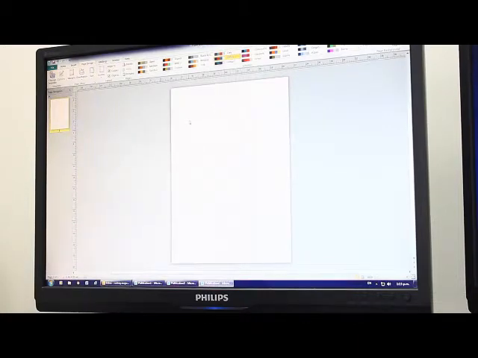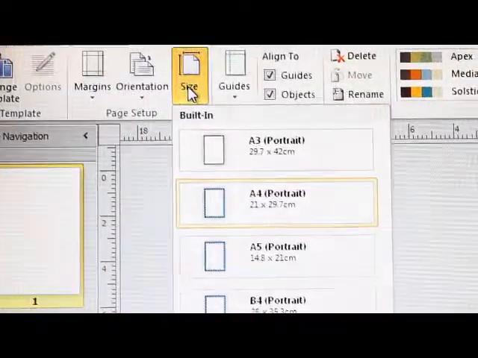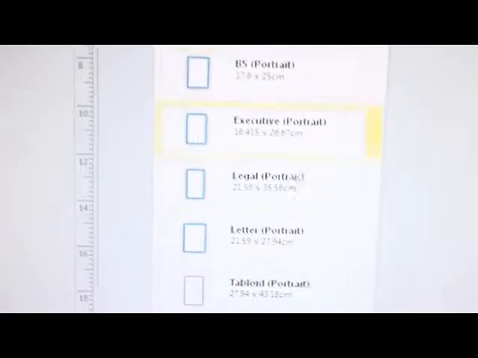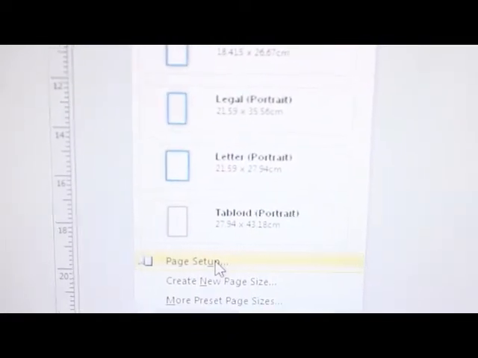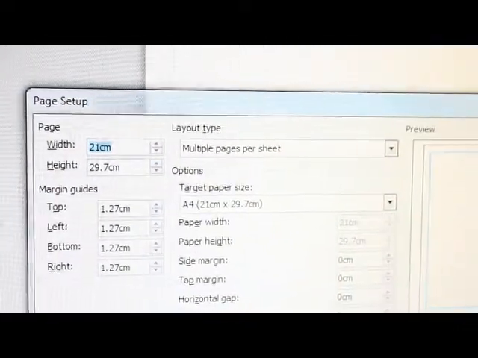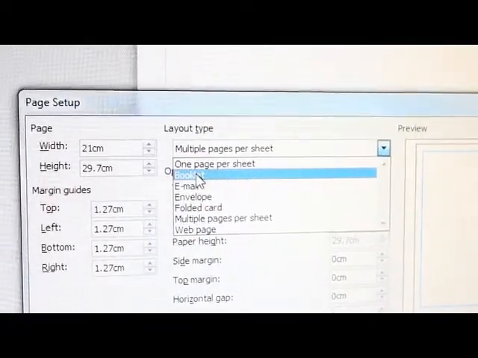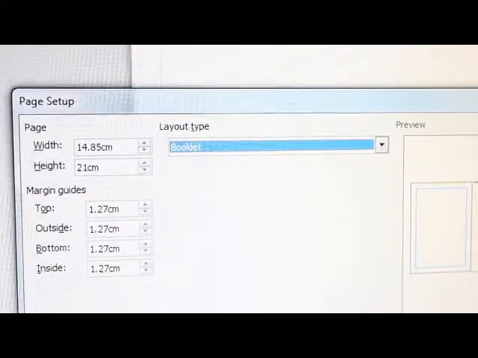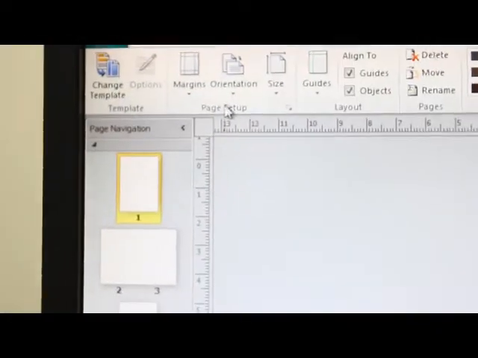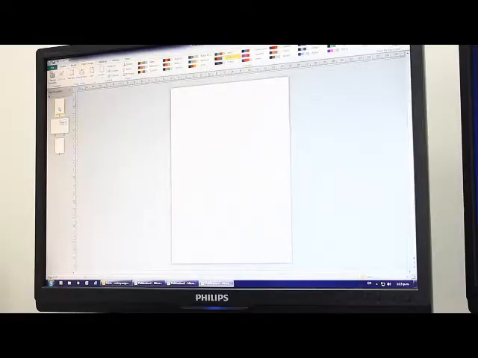If I were to make a booklet, I can do that by opening up this blank document here, and then I'm going to go into size, page setup. Now, my layout type, I want to change the layout. I don't want it just as one blank document. I want it as a booklet. So I'm going to change that to booklet. I can change the size of the booklet and everything else, but for this I'm just going to hit OK. I'm going to hit yes. And so now I've got my cover,